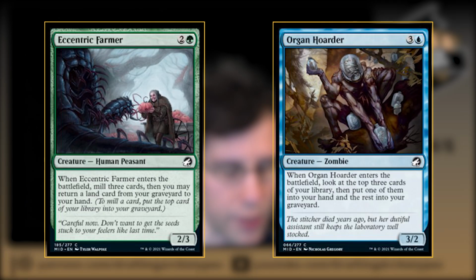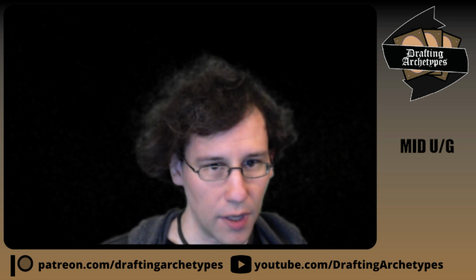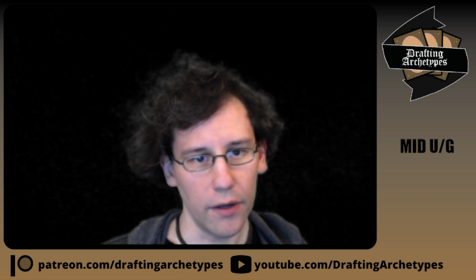I think everyone understands that these are doing exactly what you want to do in blue-green. They contribute to the board, they give you card advantage, they give you card selection, they fill your graveyard. They're the most played commons, so we're all on the same page there. Then you get your most reliable interactive spell up with them, and then behind that, the best